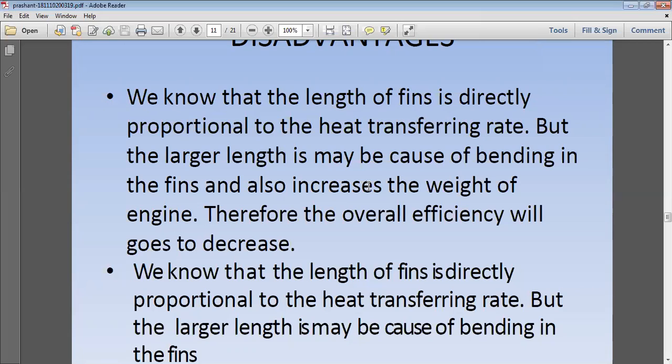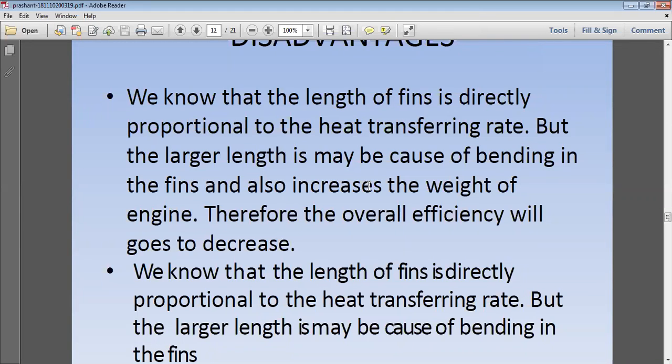As per the design, we can keep the fin like this. Say this much length is sufficient to dissipate the heat. If you provide a longer length from the base material, bending will take place as we increase the length of the fin, which acts as a cantilever from the base. This end is fixed, and the other end is free. Whenever the vehicle is moving fast, there is obviously a possibility of the fins bending.